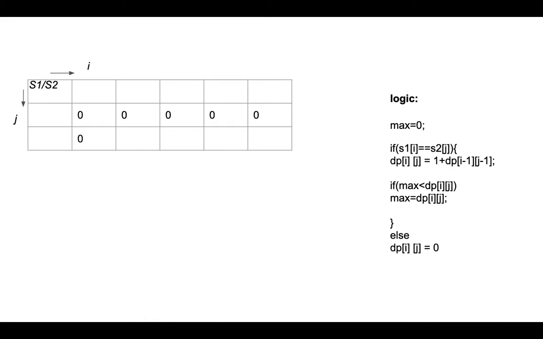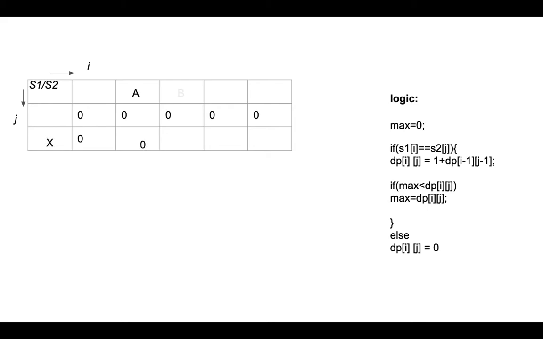Let's discuss how we have to fill this table. Now we have to take the first character of string S2 and compare that character with each character of string S1. We have x as the first character of string S2. Now compare x with A. Is x equal to A? There is no match. Now fill the block with 0.